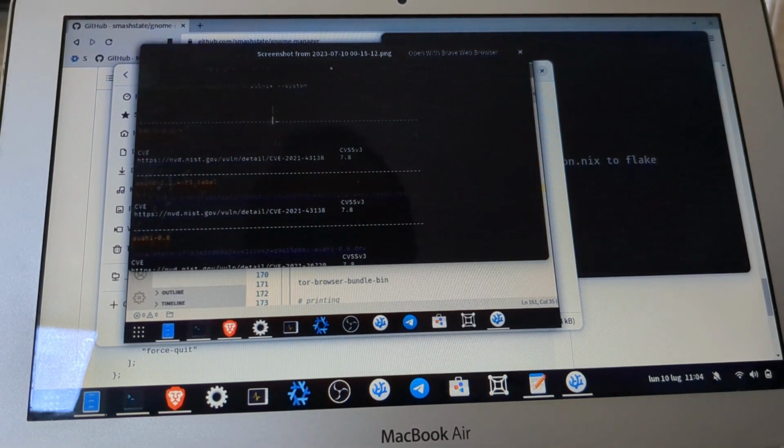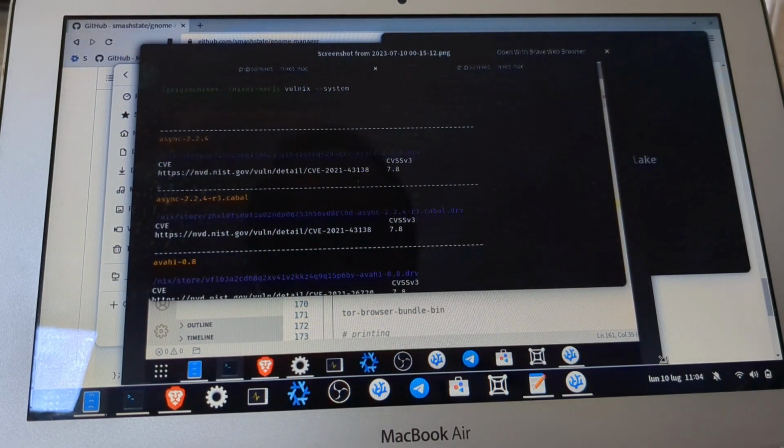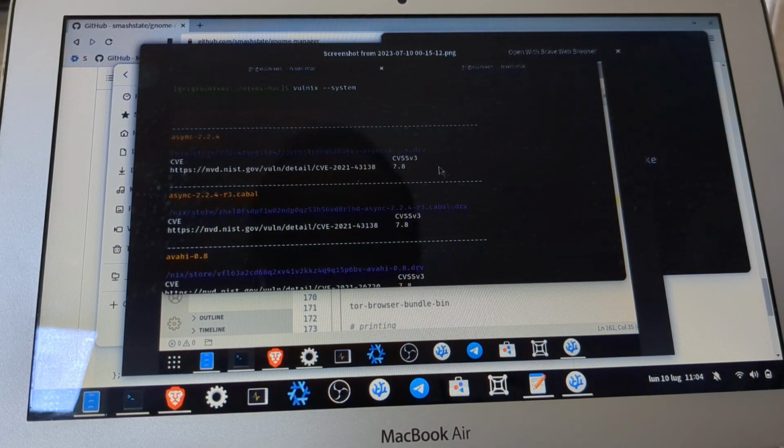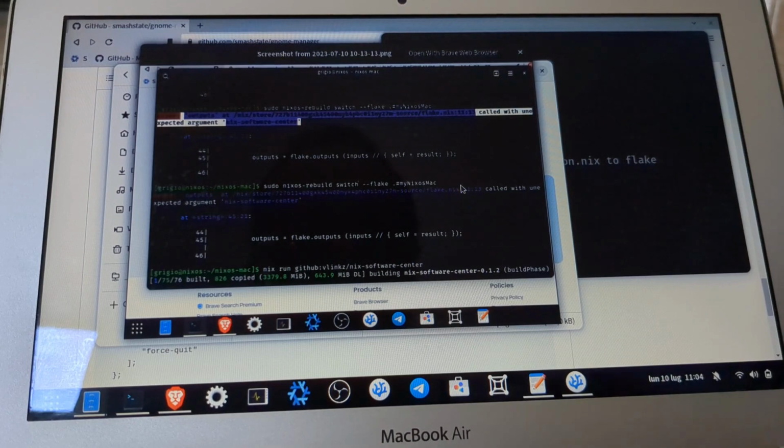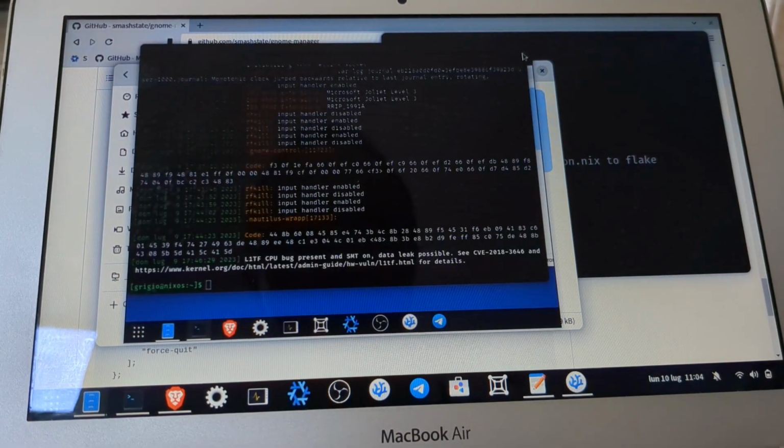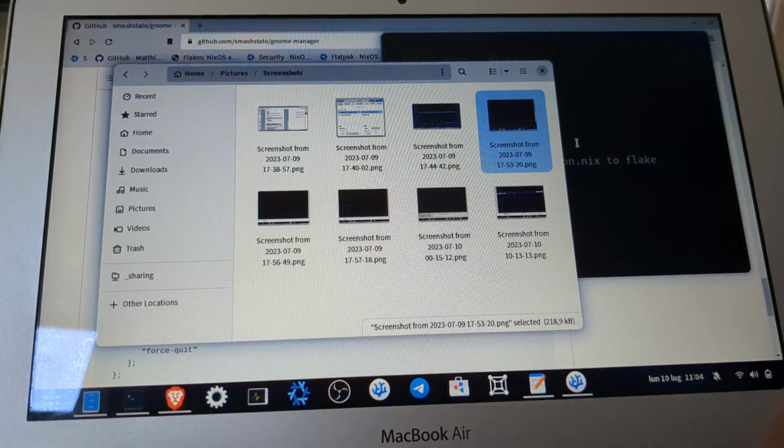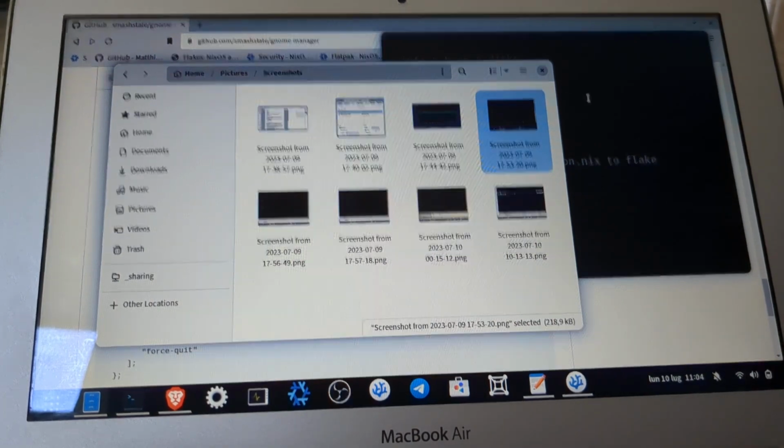But there is another tool, which is Vulnix, and you can check exactly the vulnerabilities in the software that you installed, and also the CVEs for all the dependencies available in the system. And that's it. I hope that Nix Flakes will be more used, and more software will be supported by it, which seems a great way to install software.